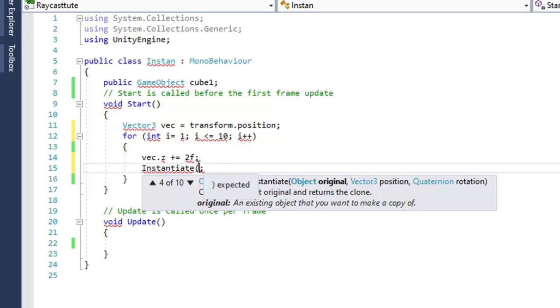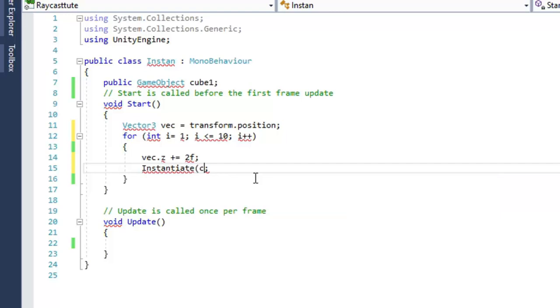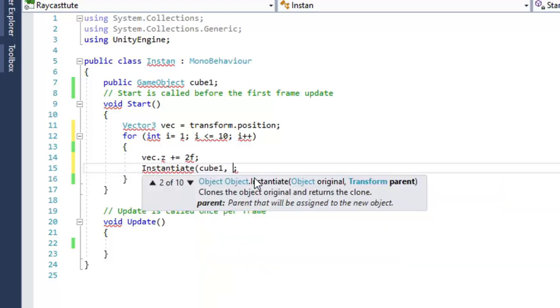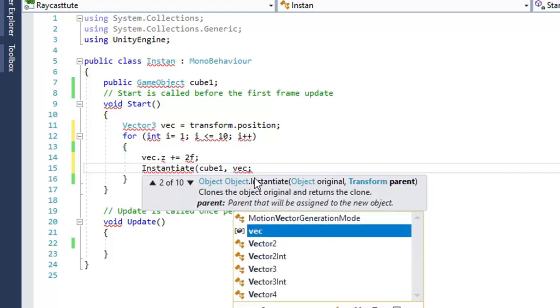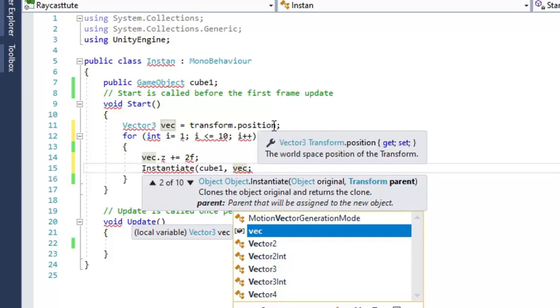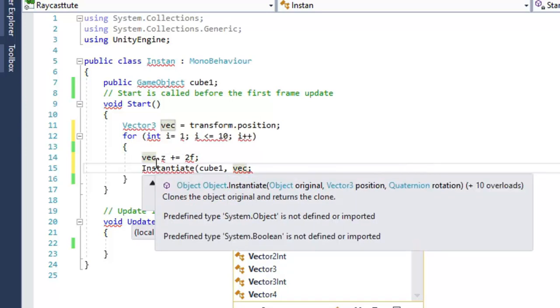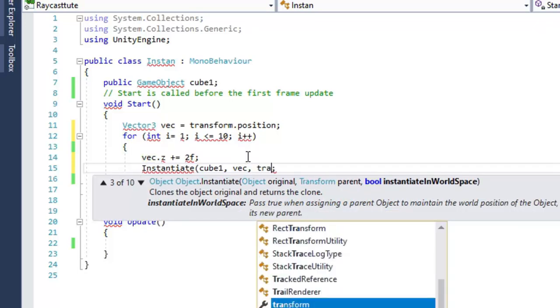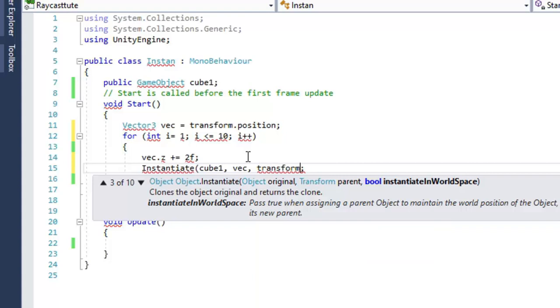So I want to instantiate cube1 and the position will be vec. Initially vec is assigned the initial position of the empty game object, and in every loop it will be incremented in the z direction. Now I want the rotation to be similar to the original game object.